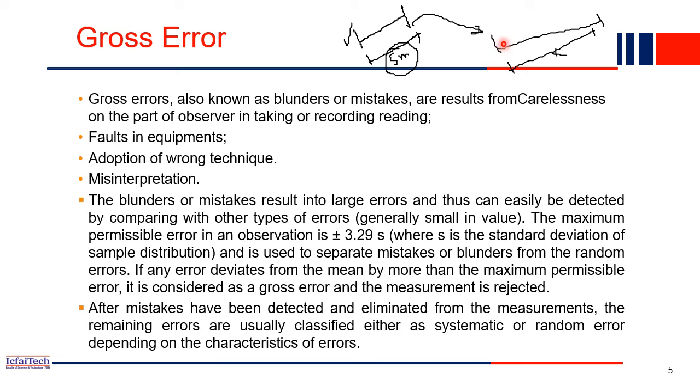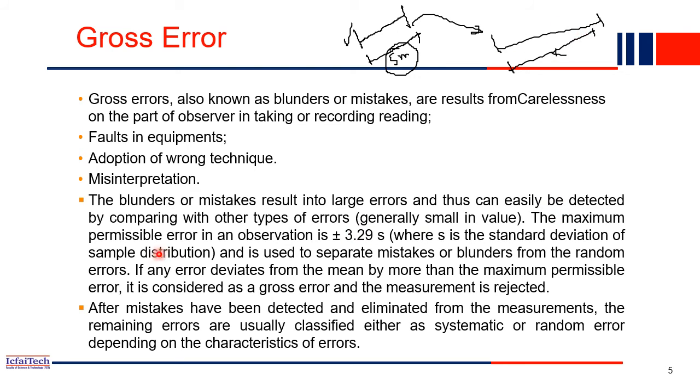This large error can easily be identified by comparing with other methods. Also, when surveyors are experienced, by looking at the distance they can approximately tell what the approximate length could be. So if you systematically add some extra length, the error will be very high. In that case, the surveyor, by comparing or from his experience, can tell that there is definitely a gross error.